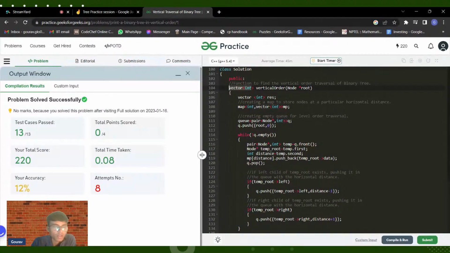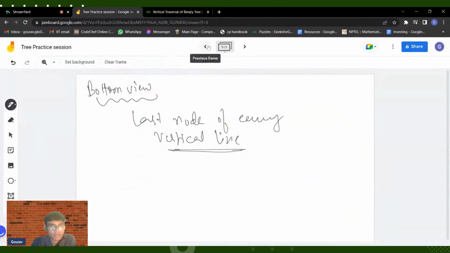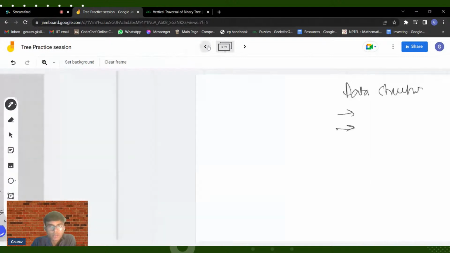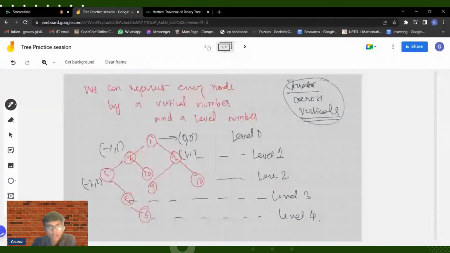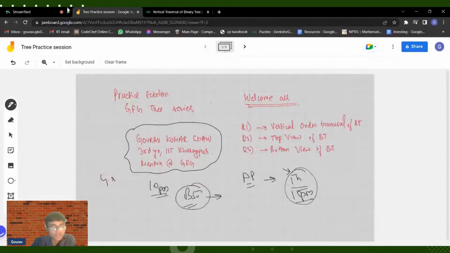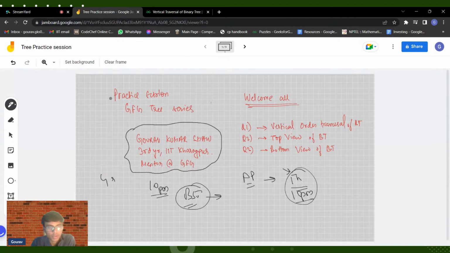So this was all about today's session. If you have anything to ask, you can write in the chat box. I'm here for a few more minutes. Tomorrow will be a session on binary search trees. Binary search trees is actually quite a small topic, so we will also continue with practicing problems, and definitely we'll look into the error for today's problem.